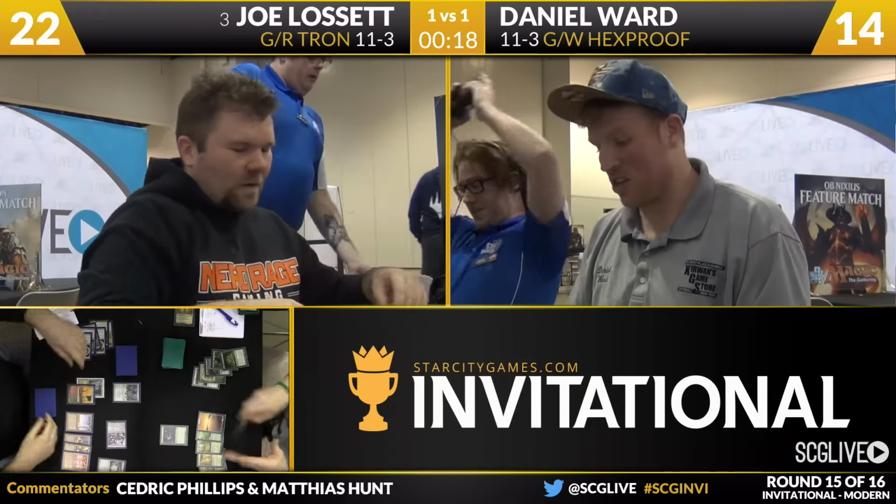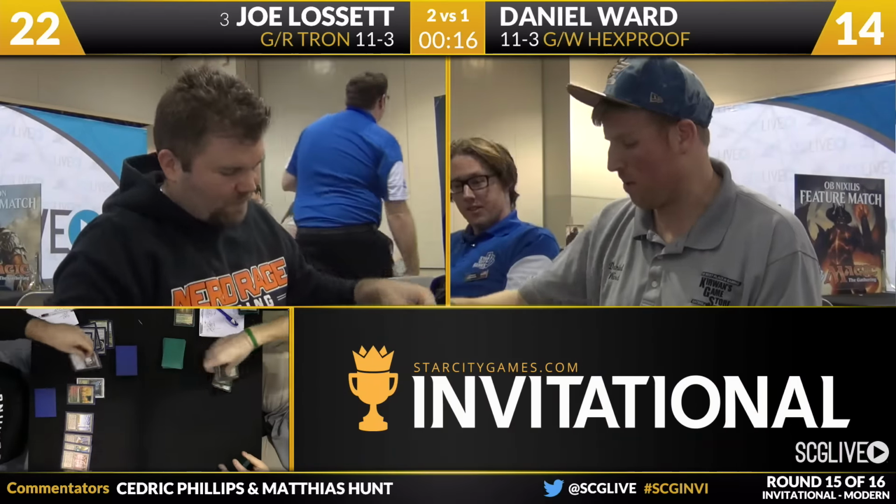Joe Lossett is going to win this match over Daniel Ward, 2-1. Green-Red Tron takes care of Green-White Hexproof. Lossett is going to move on to 11-3 here in Las Vegas. We'll see if he's able to draw or not. If things do cooperate, we will find out. But if he has to play, I have a feeling we'll be watching him. But it's a big win either way for number 3 on